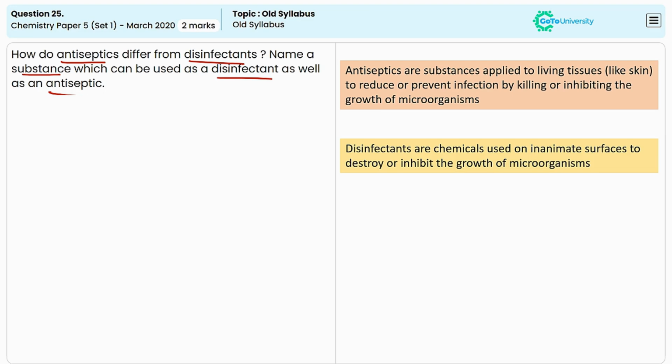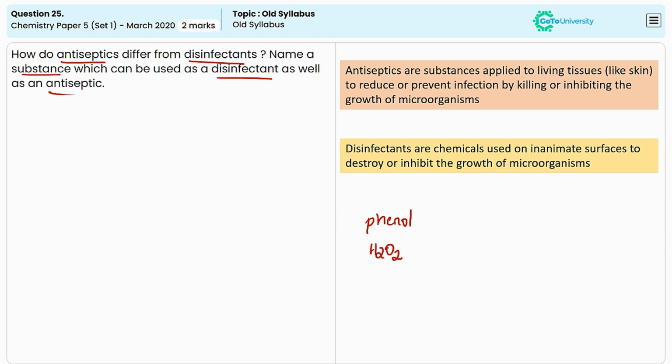Now the substances which can be used as a disinfectant as well as antiseptic include phenol and hydrogen peroxide. Hydrogen peroxide can be used to clean minor cuts and abrasions to help prevent infection. And this can also be used as a disinfectant because it is used to disinfect surfaces including countertops and